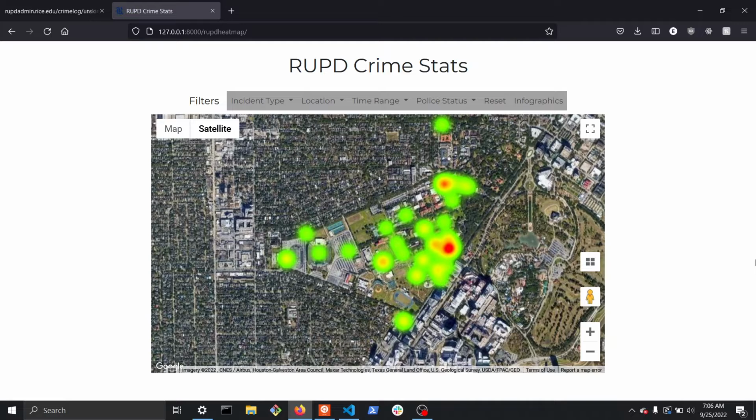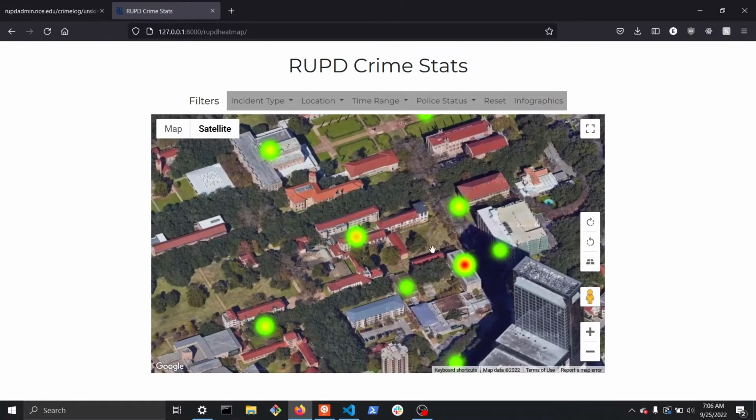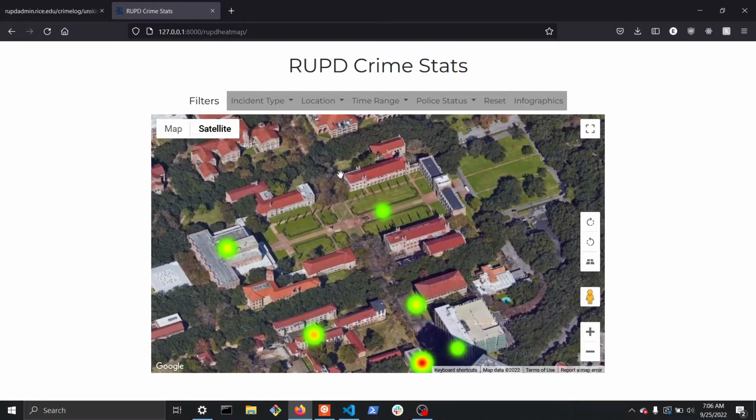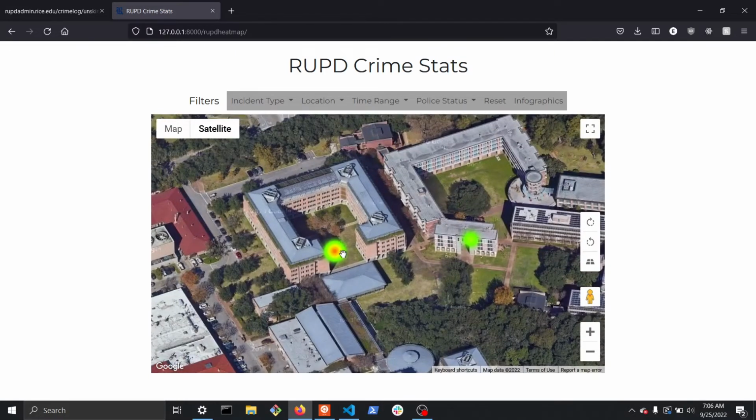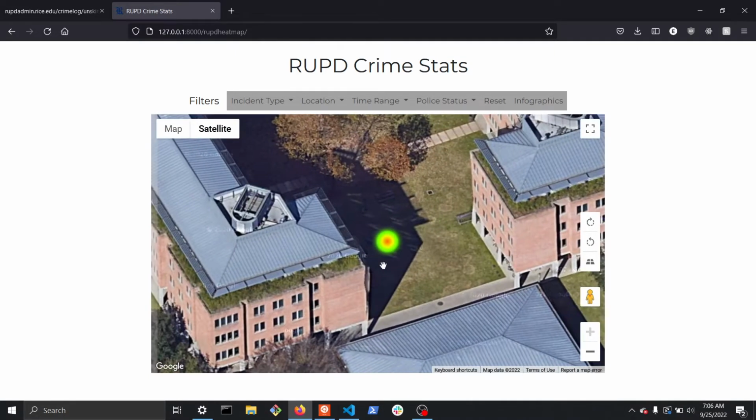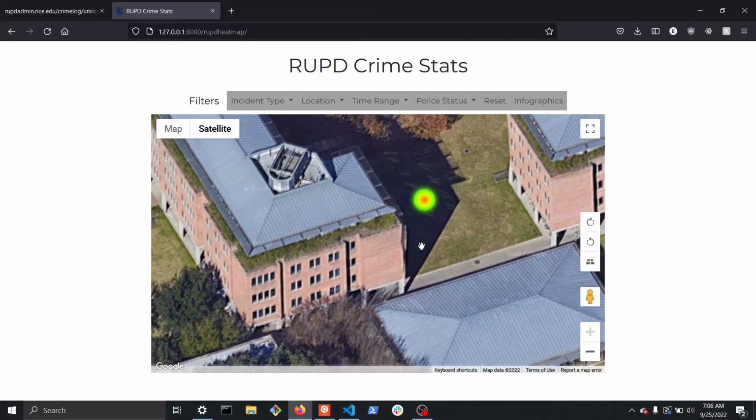Here you can see the home page of our web app. This is where you can see a heat map, which contains all of the incidents from the past 60 days in the RUPD crime log. You can zoom into this map to view more specifically which buildings incidents are occurring at. And you can tell based on the size of the circle and the color, the relative number of incidents that